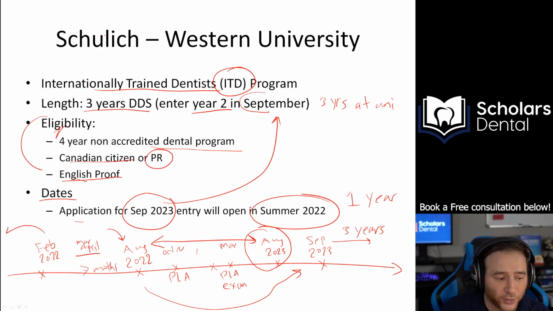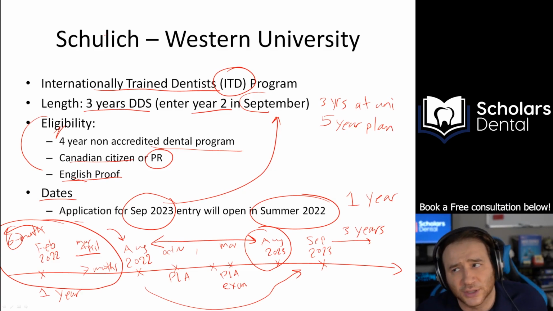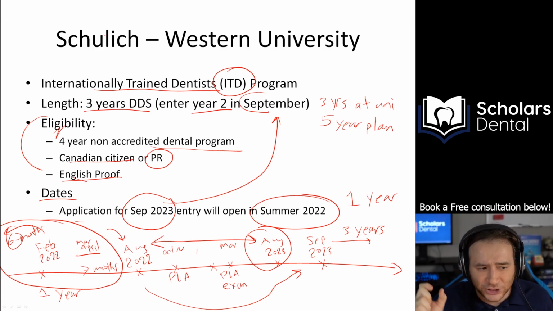And to prepare for your AFK, at least 6 months. You want 6 to 12 months. So you could say here is 1 year. At least, I think 1 year. So 1 year here, 1 year for application, 3 years inside. So I'm looking at, this is actually a 5-year plan, okay? Because a lot of students look at this and just go, oh, it's 2 years in UFT or 3 years in Western. But you have to look at the full plan, not just the years you're doing. The full plan is going to take around